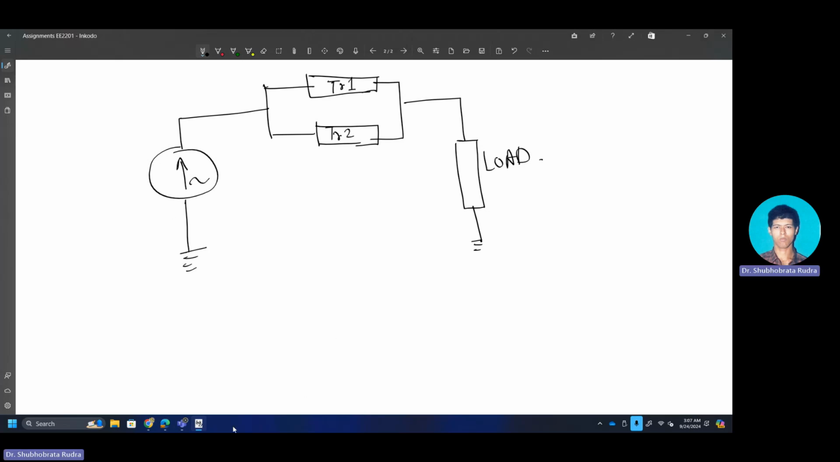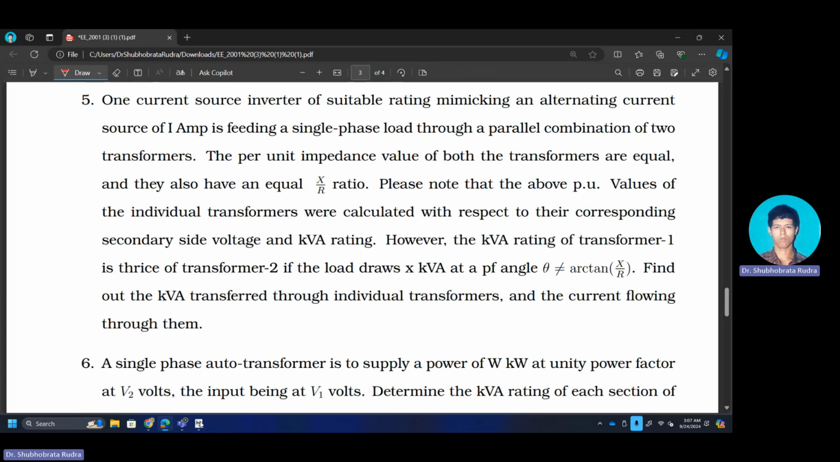This is your circuit diagram. Now what it says, the per unit impedance. The transformers' per unit impedance values are equal. They also have an equal X/R ratio. However, although the per unit impedance of both the transformers is equal, since one has a VA rating 3 times that of the other, you can understand that